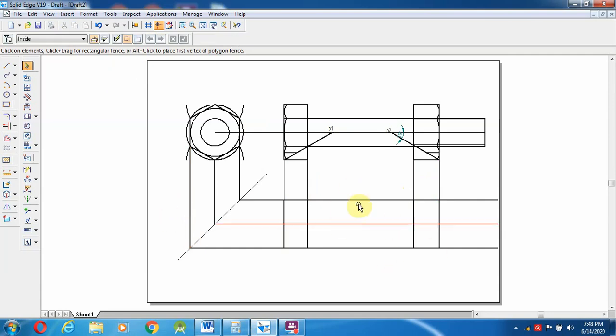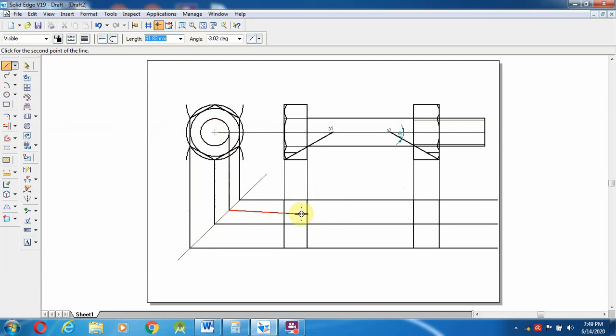Okay, so now these lines are not required, even though I am going to keep them. So again one more line. From this circle I am going to draw from here to here, and from here up to this line. This has a diameter of 24 mm.